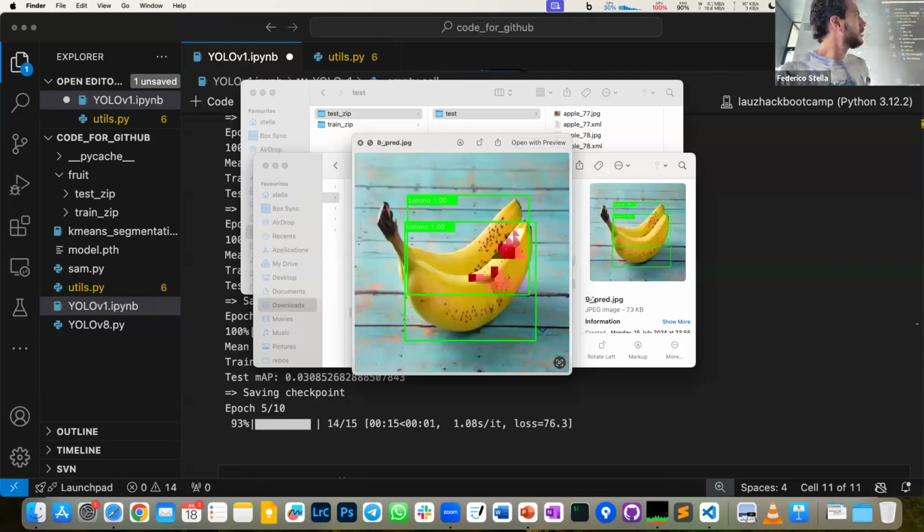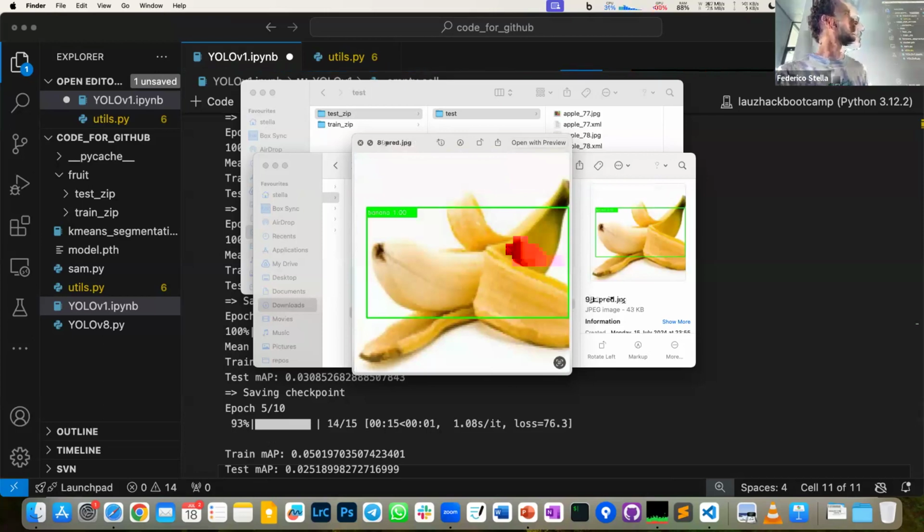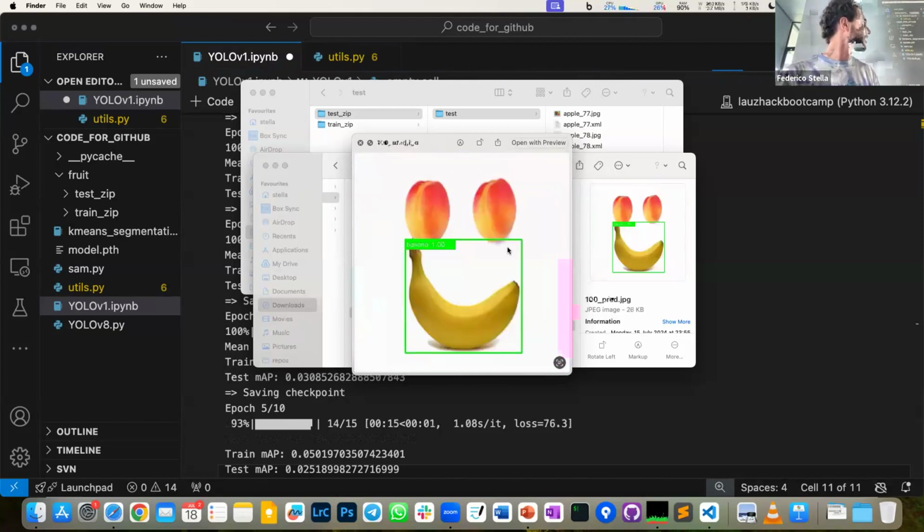So, the model, training for 10 epochs, would not be very good with bananas. I don't know why. With apples, it's all right, but with bananas,